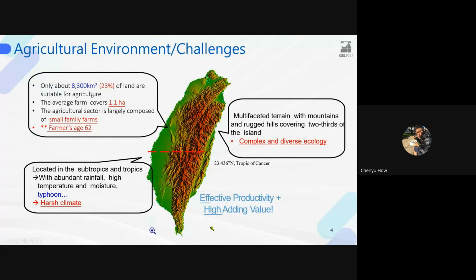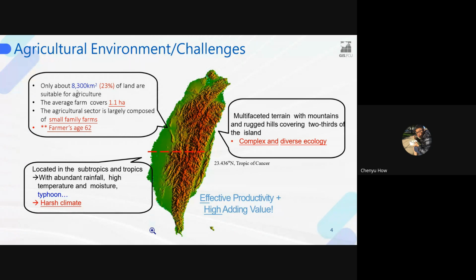On the left hand side, we have only 8,000 square kilometers of land that's suitable for cultivation, accounting for just 23%